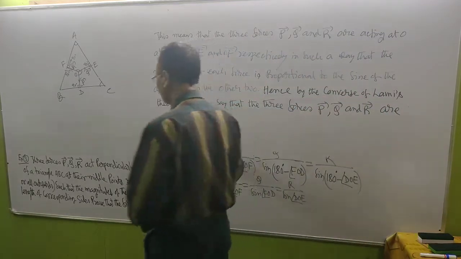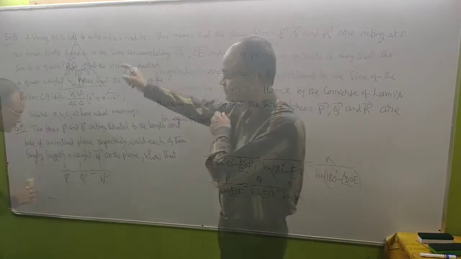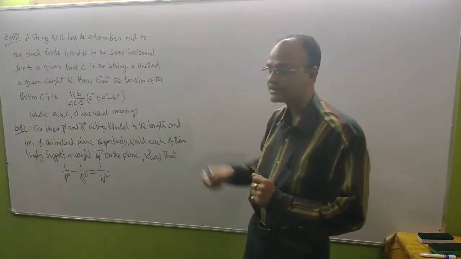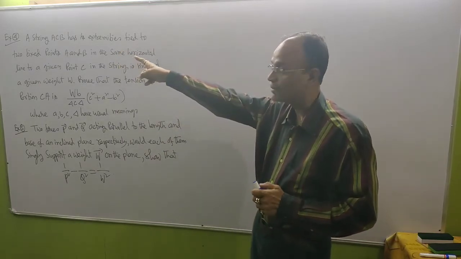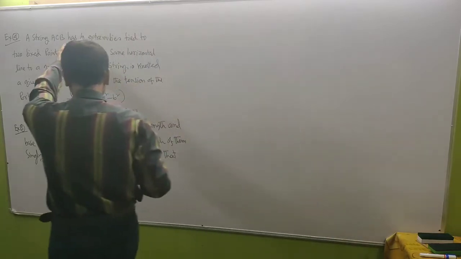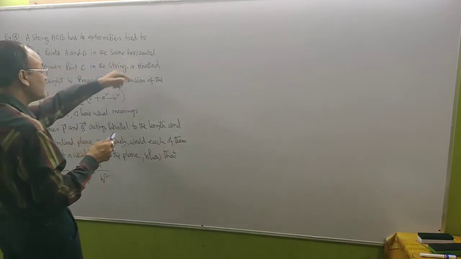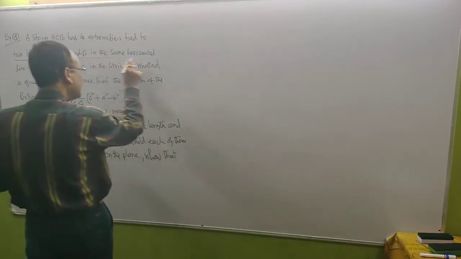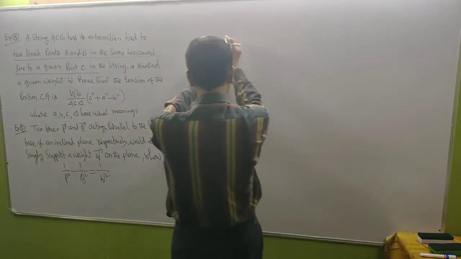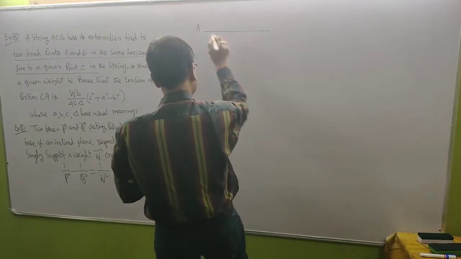First, let me remove this one. Now, let us try to solve these two problems. See question number 4. A string ACB has its extremities tied to two fixed points A and B in the same horizontal line. To a given point C,